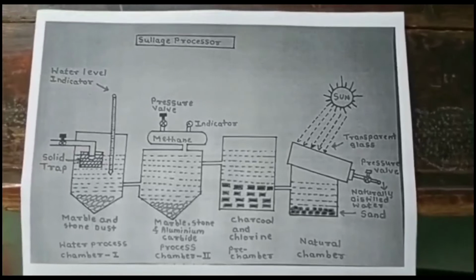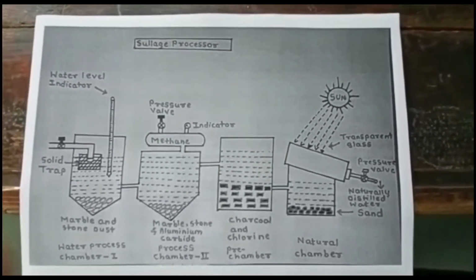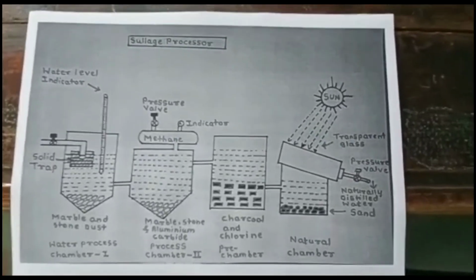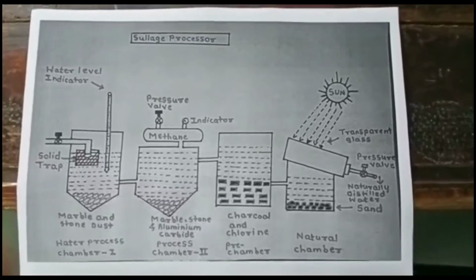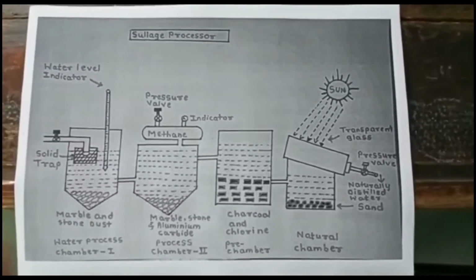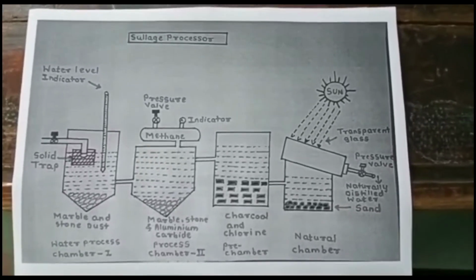The chemical reaction between the wastewater in chamber number 2 and aluminium carbide helps in producing the methane gas. The produced methane gas in chamber number 2 is collected at the top of process chamber number 2,